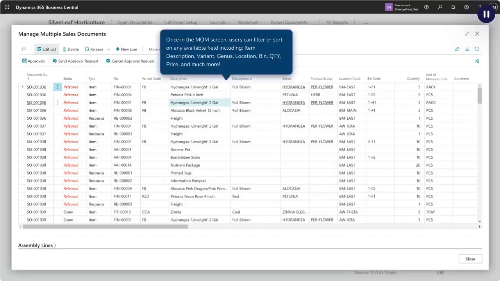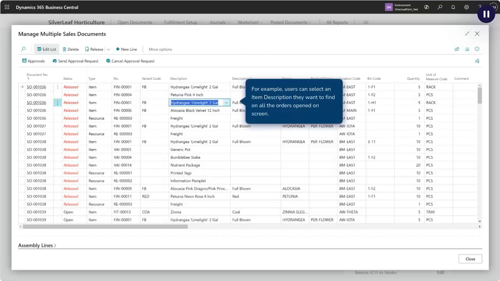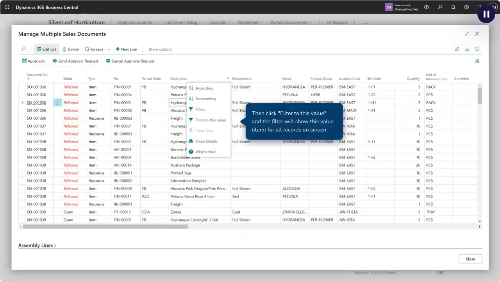Once in the multi-order management screen, users can filter or sort on any available field, including item description, variant, genus, location, bin, quantity, price, and much more. For example, users can select an item description they want to find on all the orders opened on screen. Then click Filter to this value, and the filter will show this value, item in this example, for all records